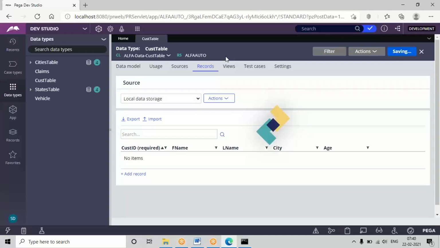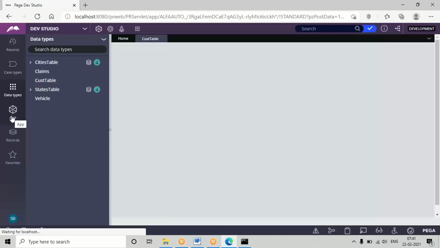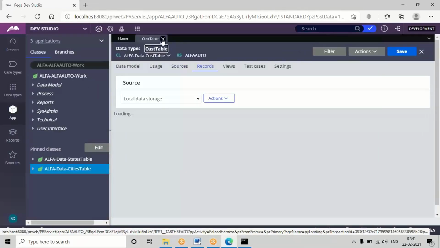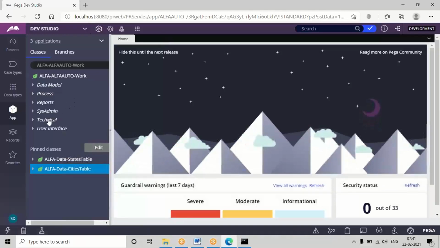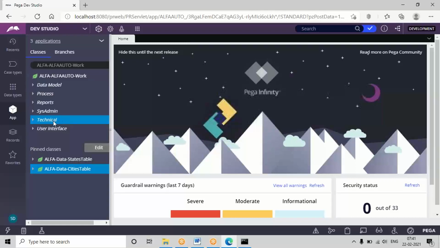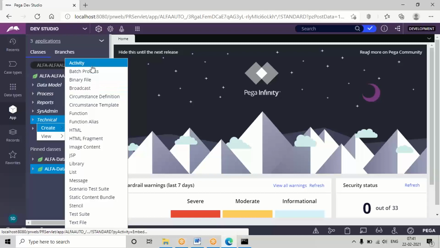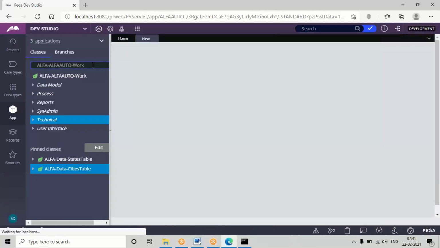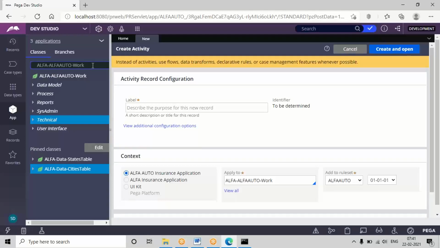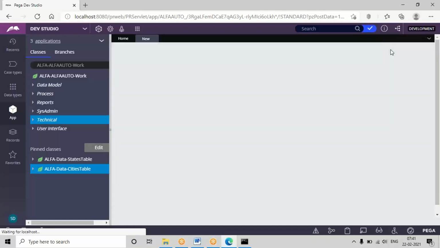Okay. So now go back to App Explorer and we'll be creating an activity rule. Already UI design is there, so directly you can create the activity. So go to technical, and add activity.